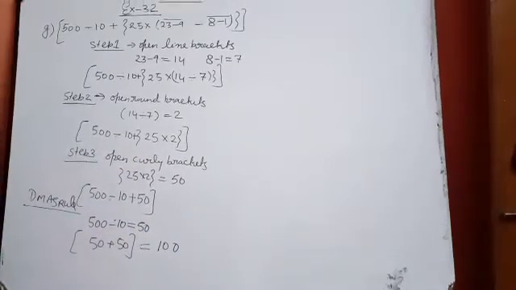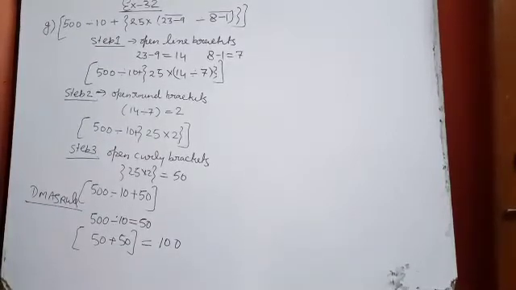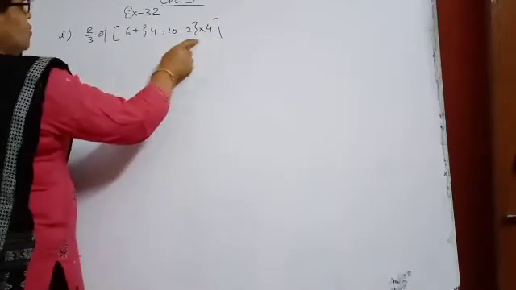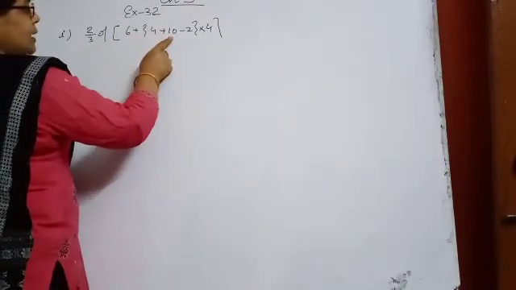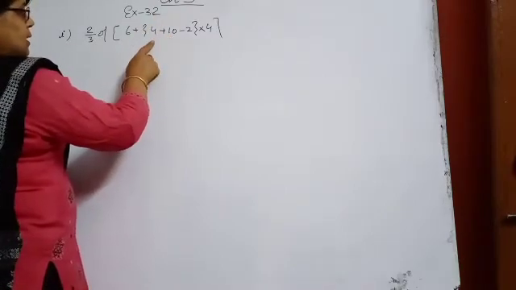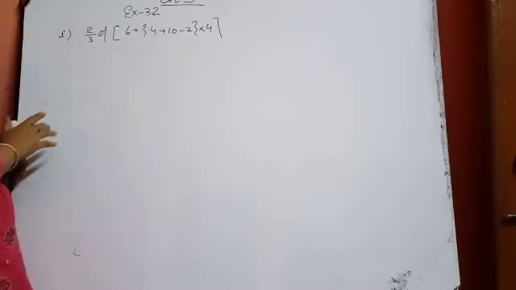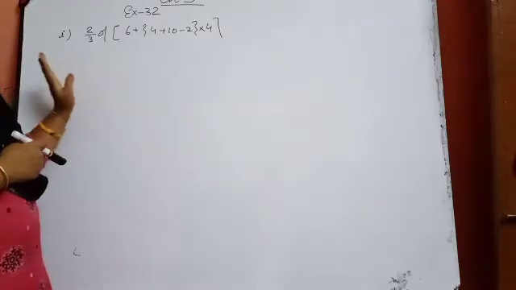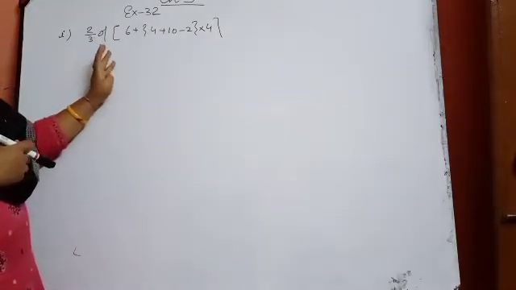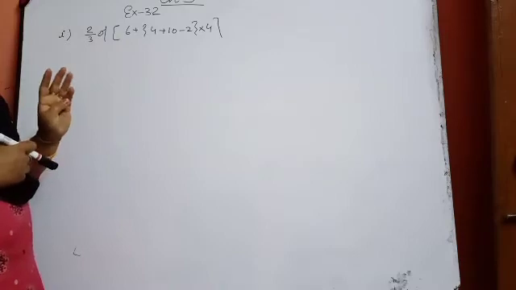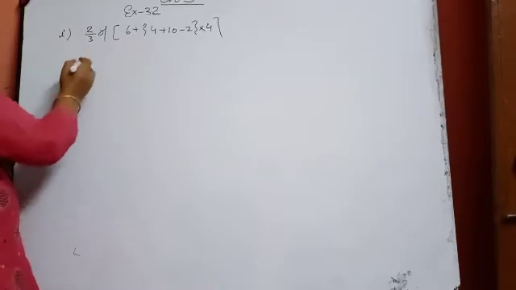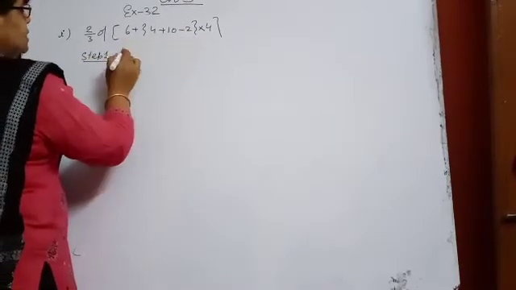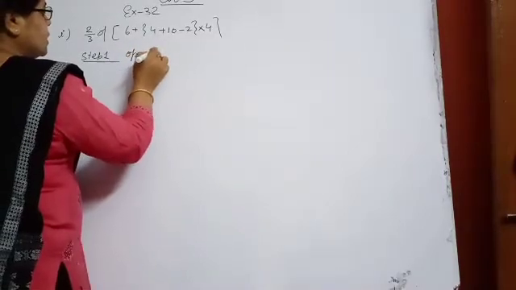One more part of this exercise I am going to do, and then afterwards you will do your set. Now I am doing this part. See that here no line bracket is there and no round bracket is here. In step 1 you should open... Now the order of the brackets, how we will open them, should be memorized by you. Everybody will memorize in what order we will open the brackets. First, line bracket is not there. Second, round brackets are not there. Then step 1, open the curly bracket. We are seeing that the curly brackets are there. Step 1, open curly brackets.